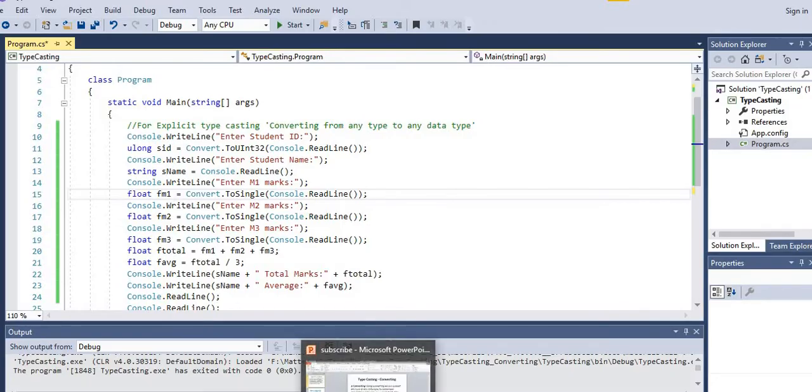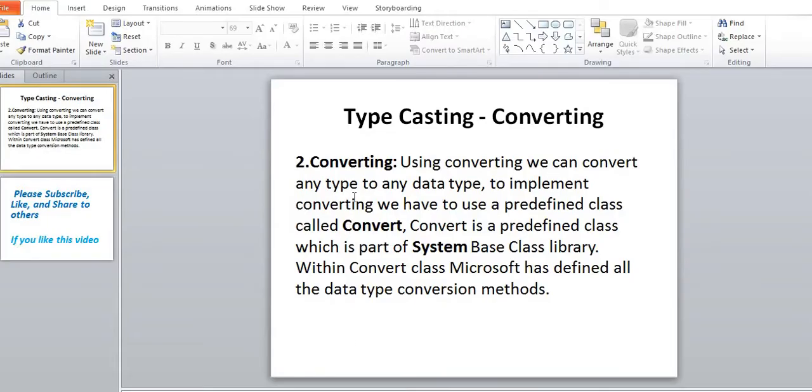And see again the definition: using converting we can convert any type to any data type. To implement converting, we have to use a predefined class called Convert. As I showed in the program, Convert is the predefined class.